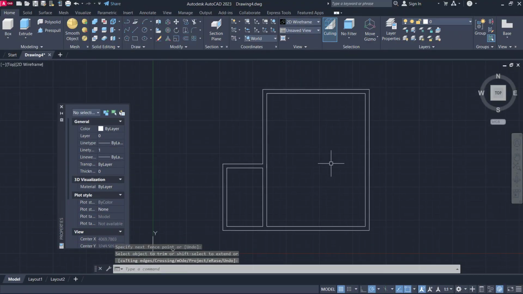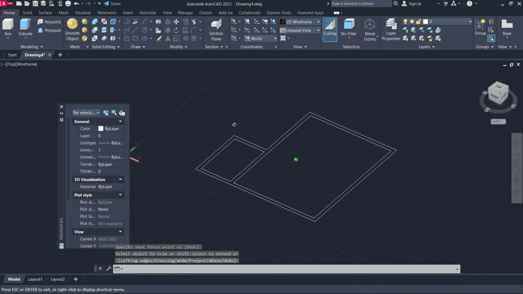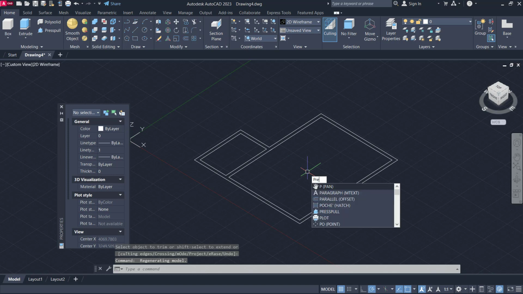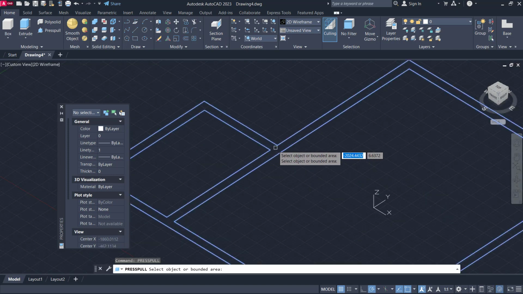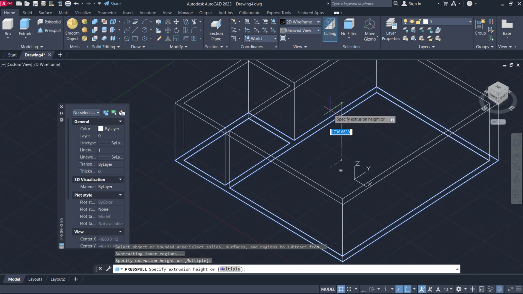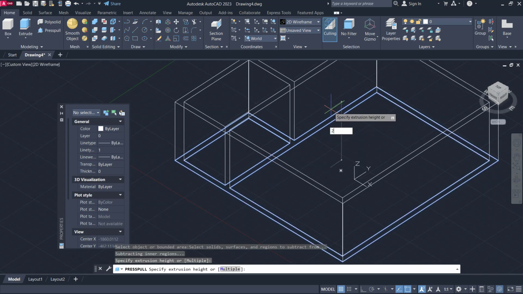Now to convert this sketch into 3D, I will use the press pull command. You can orbit and tap press pull, press enter, select at this point. We set the extrusion to 1500,